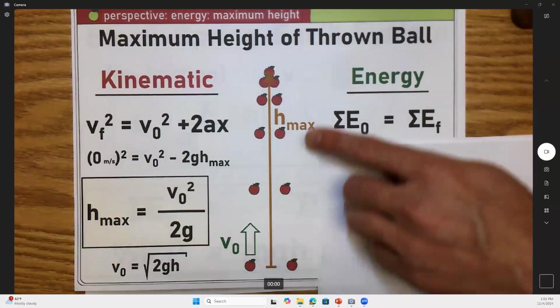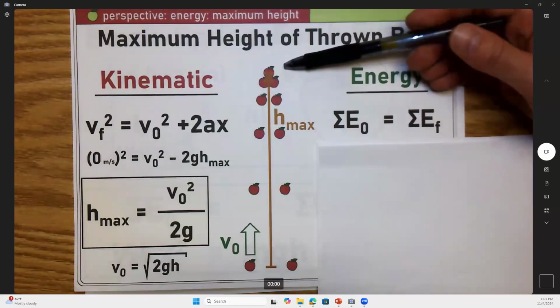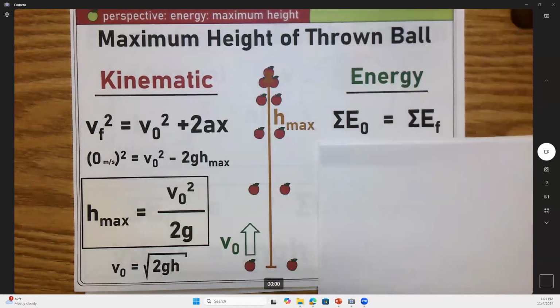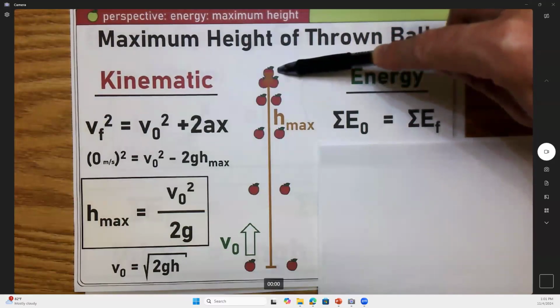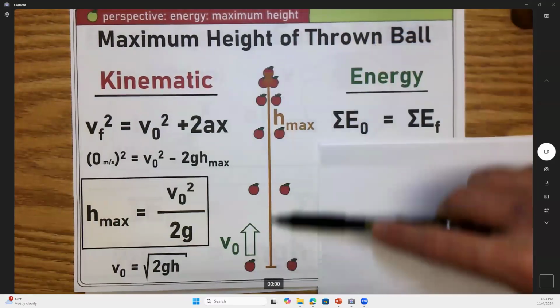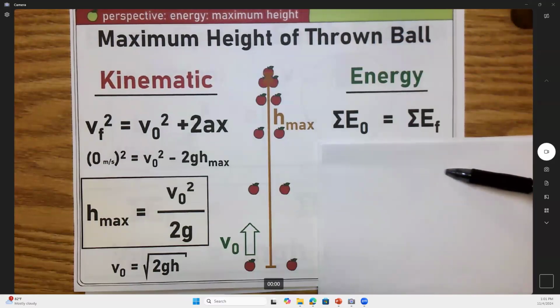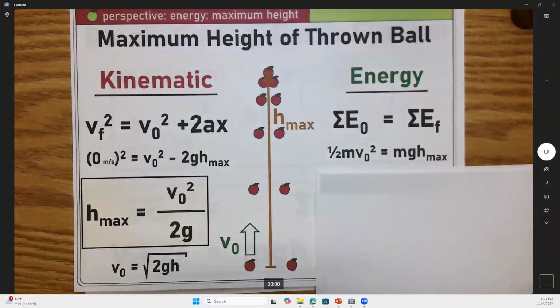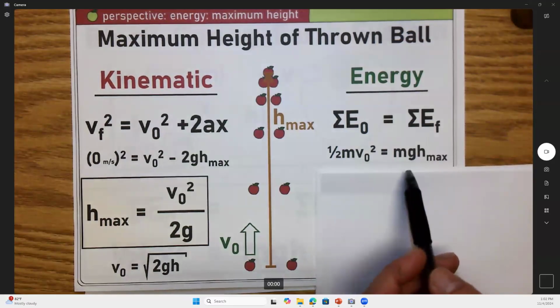And then when the ball goes to its maximum height, how fast is the ball moving at the very top? 0 meters per second. And if it's not moving at the top, it's only for one instant, how much kinetic energy does it have at the very top? 0. But so where did all the energy go? Into what form? Potential energy. And can you guys write the formula for potential energy right here? You guys got that? Is that exactly what you just wrote in your notes? It starts off with all kinetic energy leaving your hand and ends up with all potential energy at the maximum height.